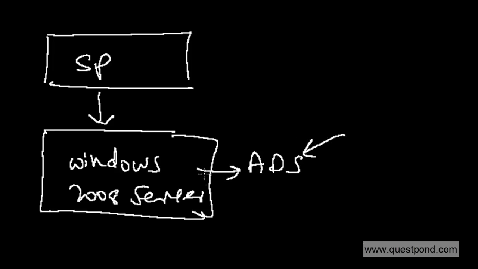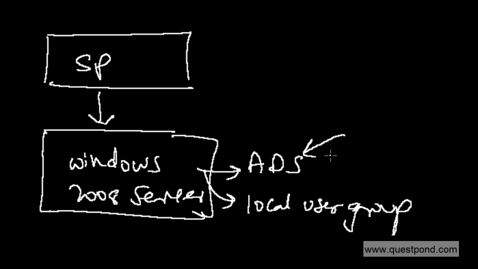Either you can add the users into Windows ADS or into your local user group. So here we don't create a table as such, but we add the users to the Windows ADS, and SharePoint validates the user who exists in the Windows ADS. Now in case you're going to have your custom table, then things are different. In later videos we'll see how you can validate users from your custom table, but by default SharePoint